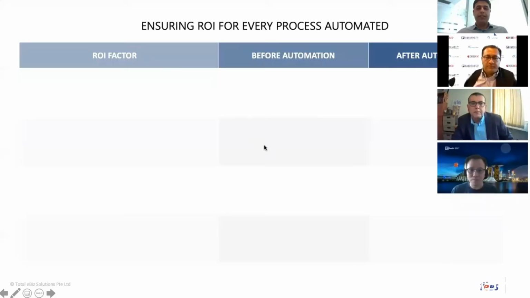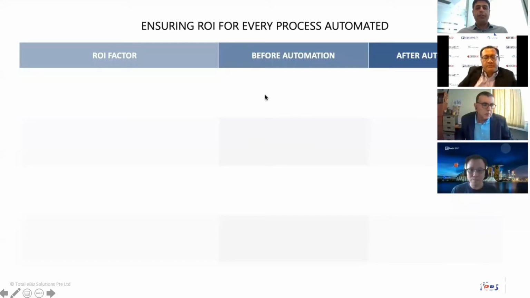Yeah, let me take that up. I think the example that we saw earlier about order fulfillment and quotation generation is a very common process, and it doesn't require too much innovation or intelligence. Still, the benefits that we are talking about, Bob, are unparalleled compared to doing the process manually. So let me quickly go back to one of the slides that I had put up for the same process. If I can just take a minute to share that now, let me give you an idea about what kind of ROI we are looking at for such a simple process to start off with. So it should be coming up now.